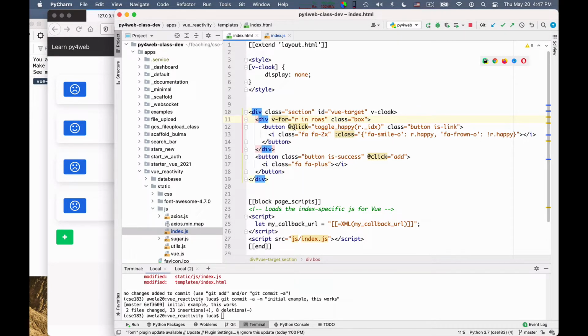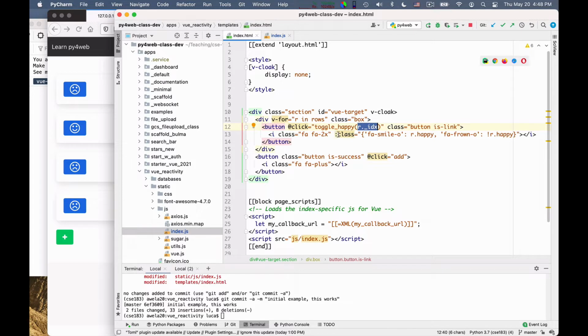The button has a click listener that calls toggle happy, and it passes it the index of the row on which you clicked, so that I can tell on which face you clicked. And then inside there is an icon which is of class fa2x, which means a big icon. And the class is fa_smile_o if r.happy and fa_frown_o if not r.happy.